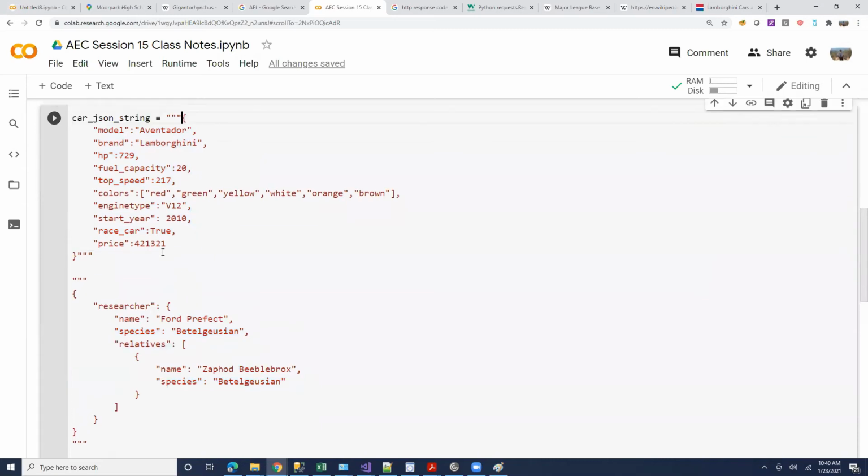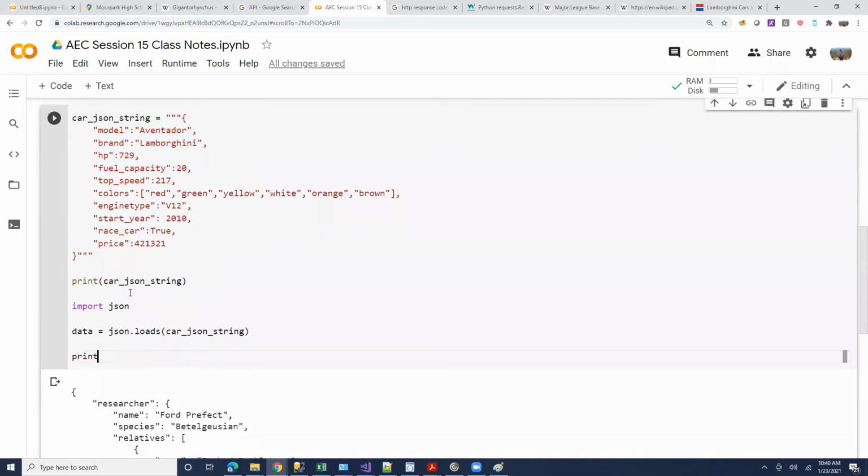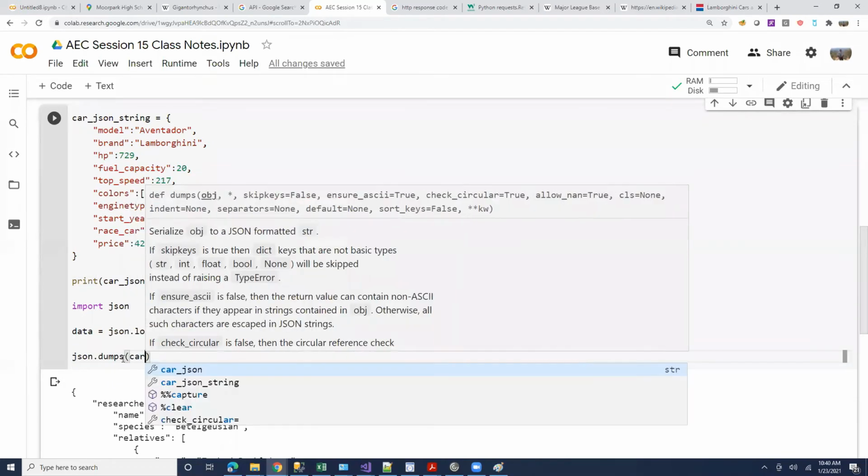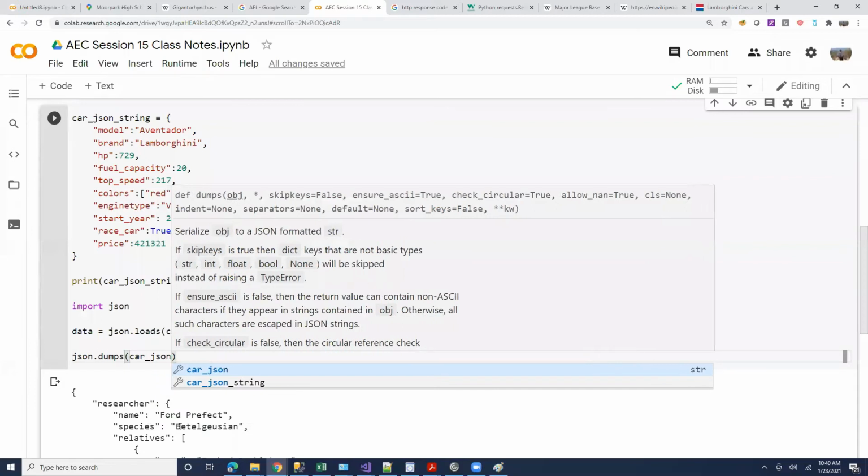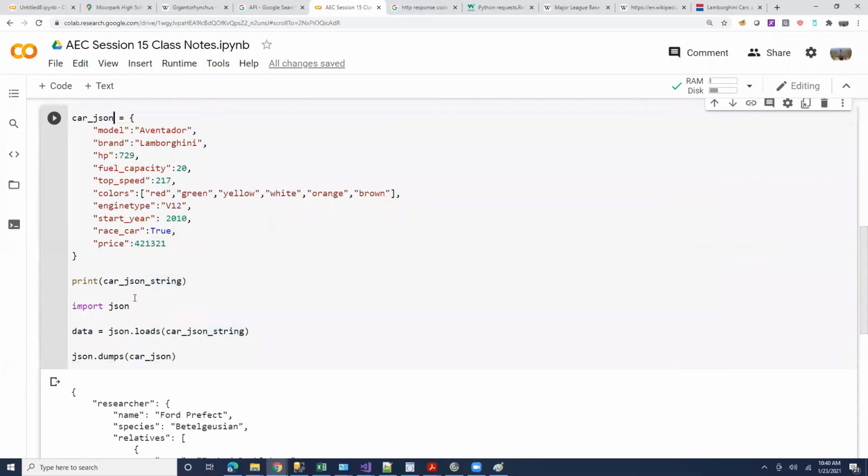Let's try to use the JSON class to make it a dictionary. Hopefully that works. So I could say json.dumps of car JSON. Now it's not a string anymore, it's a dictionary.